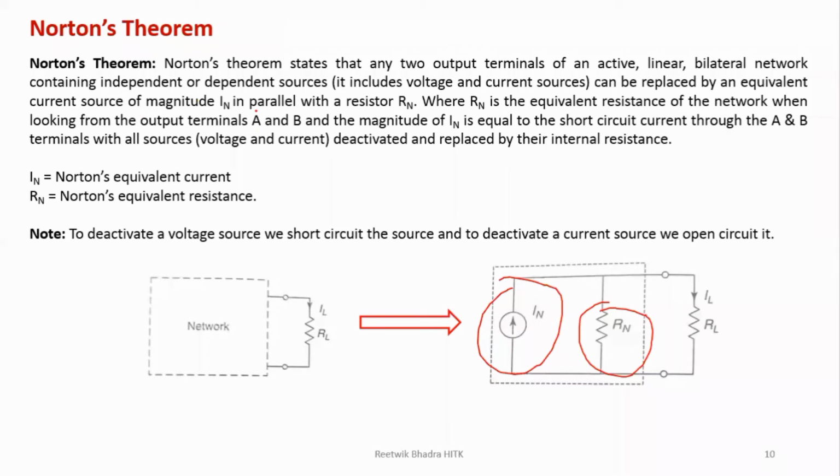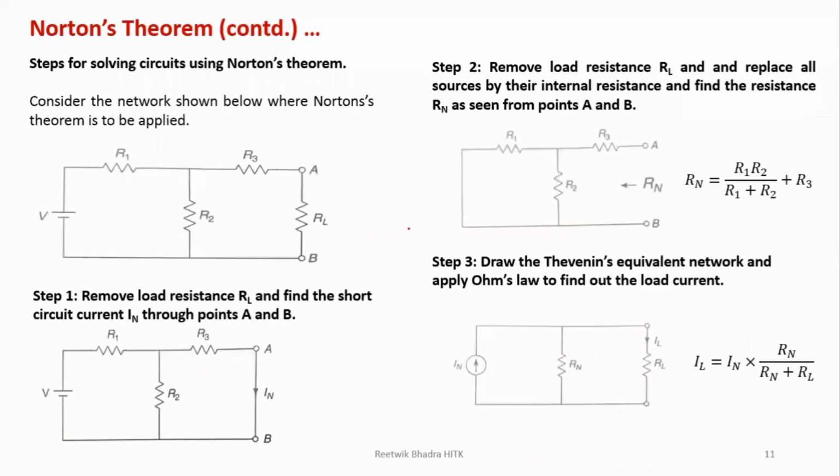I'm not going through the statement over here, you can go through it. Same statement, instead of voltage source I have written a current source. Instead of series resistance I have used a parallel resistance over here. Now steps 2 and 3 are same. What is step 2 and 3? Find your Norton's equivalent resistance, same as your Thevenin's equivalent resistance. So we'll remove all the sources, open circuit the output terminal, find the resistance.